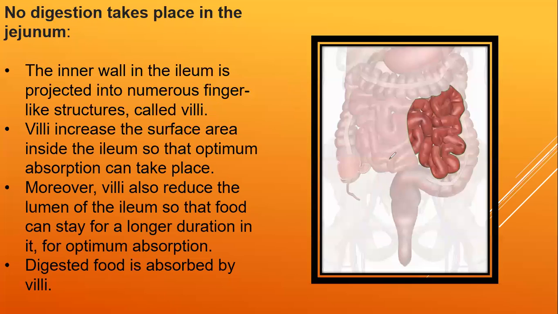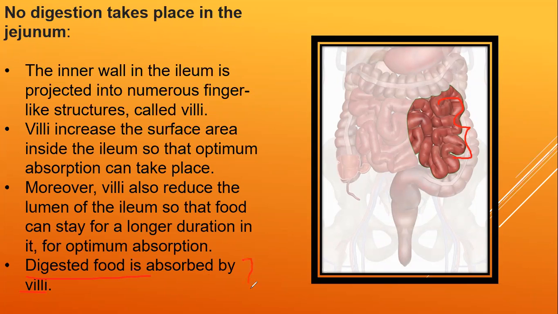In the next lecture, surely I will add a picture of those three parts: duodenum, jejunum, and ileum. The part marked in this slide is jejunum. All three parts separately I will show in the next lecture. Digested food is absorbed by the villi. Villi are the finger-like projections present in the lumen. Pictures will make understanding better. Ritik, I will explain it.